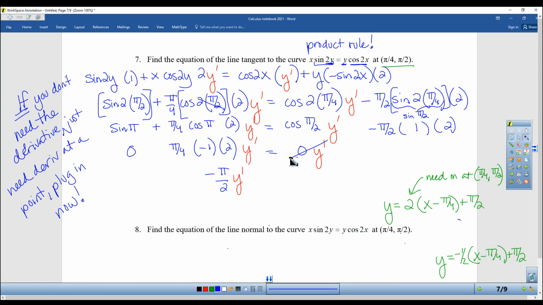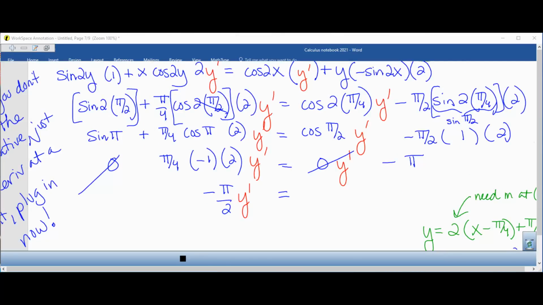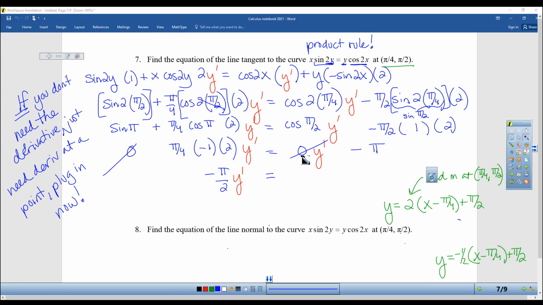Because 0 times that is just going to cancel that out, just like this 0 got canceled. And the last one, pi halves times the 2 is just pi. So y prime cancels there, and I get just negative pi on this side. I multiply both sides by -2 over pi, and I get y prime is equal to, the pi's cancel, and I get +2,